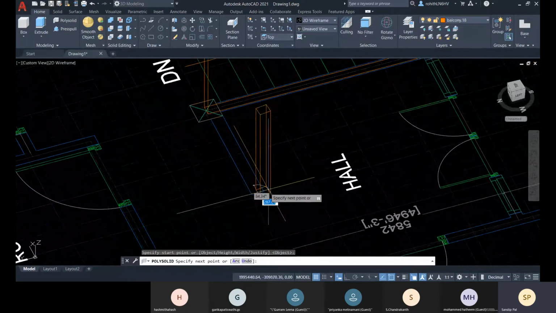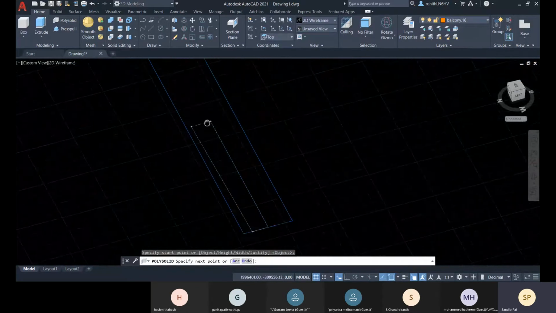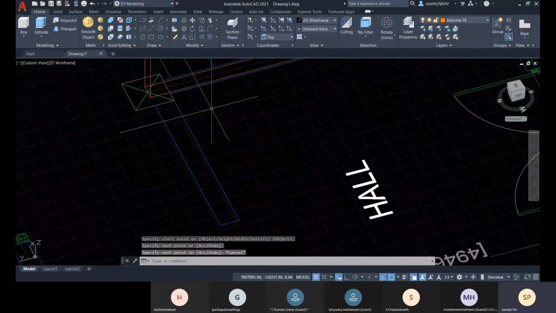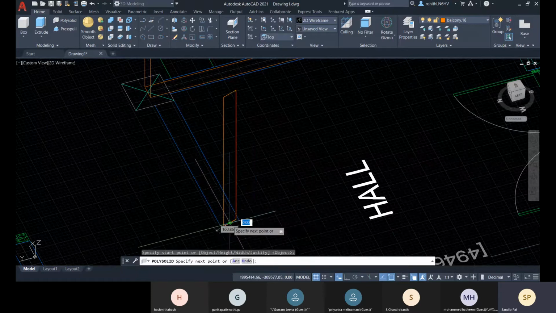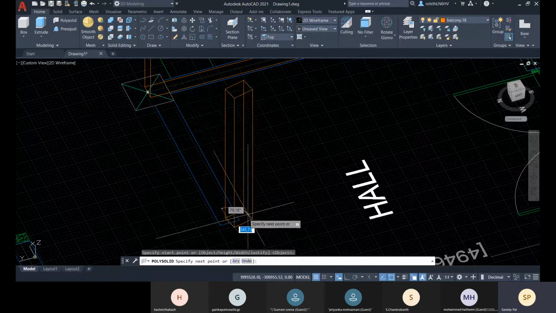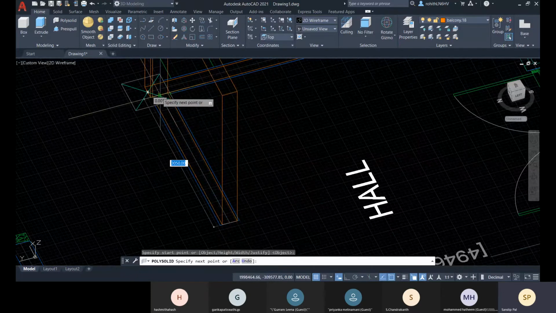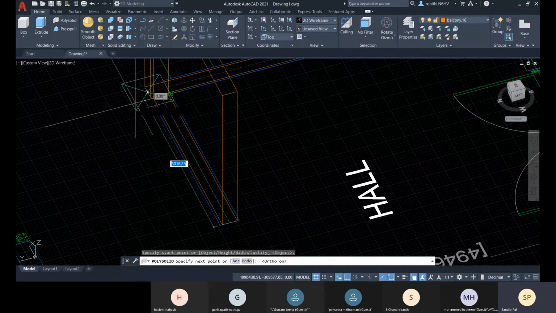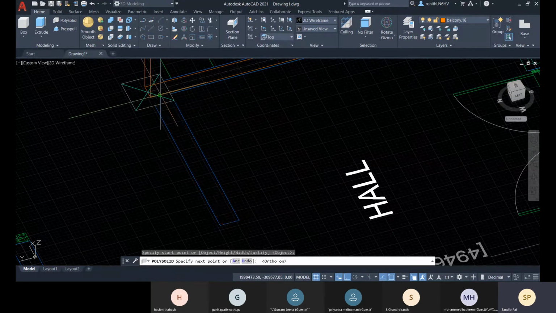So the thickness is different. The thickness, sorry, you can match the thickness. I'm just going with this. You can go for vertical so there will be no confusion.